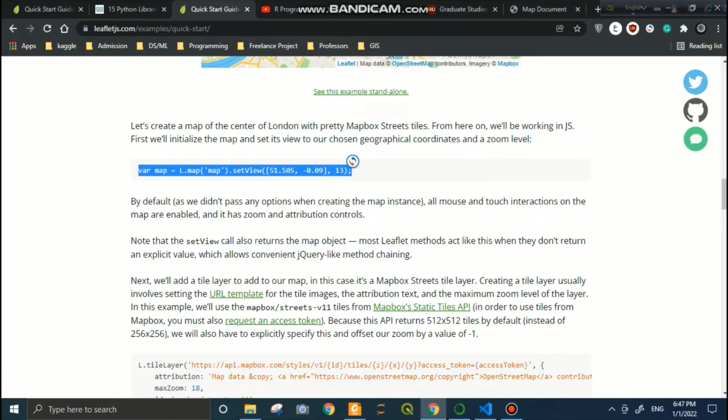So I will copy this code: var map equal to L.map.setView, and you will pass the coordinates in the setView section, and this number 13 is the amount of zooming you desire or you need. After some time we will see how changing this number affects the zooming. For now we'll only copy this code, and I will add this code just after the